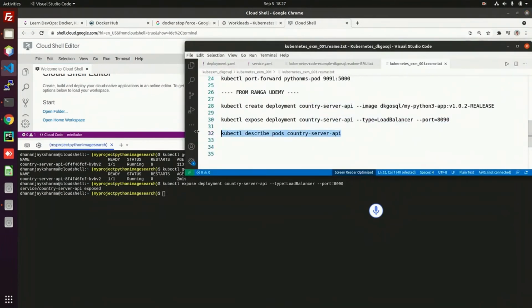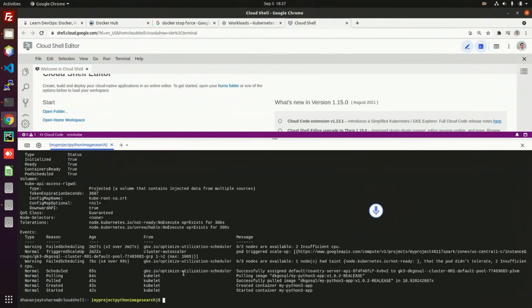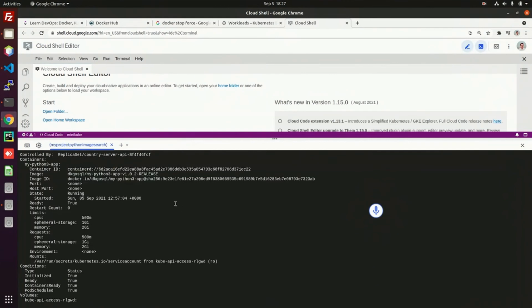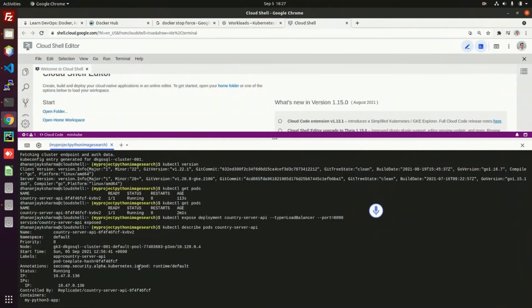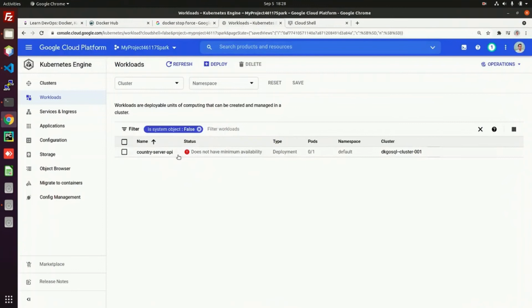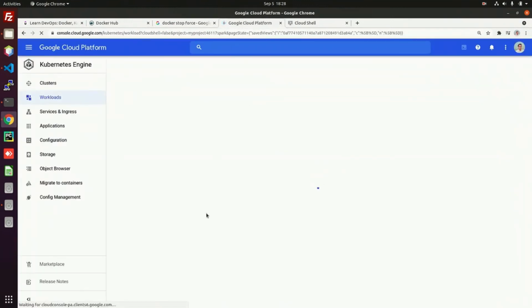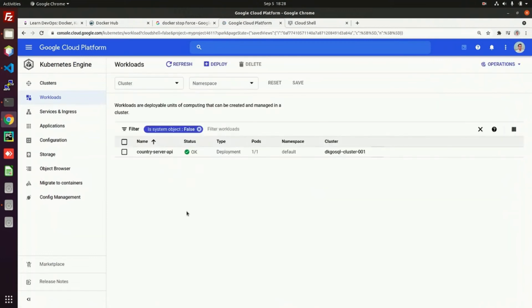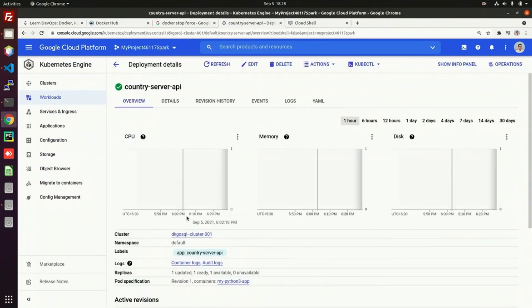Now you can see here describing the pods. So after refreshing this browser, you can see here our deployment is done and we are able to see the deployment running here.